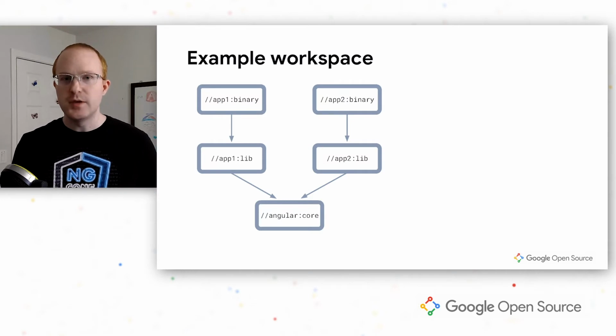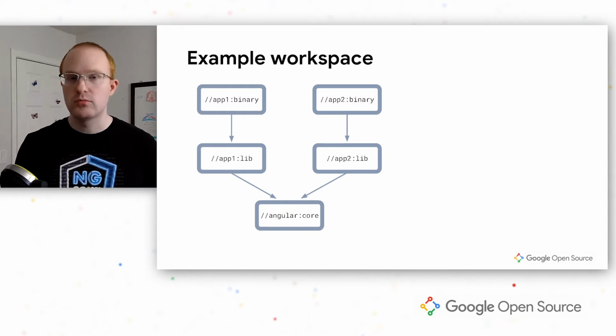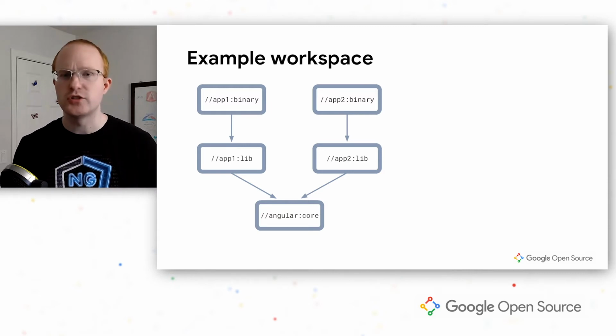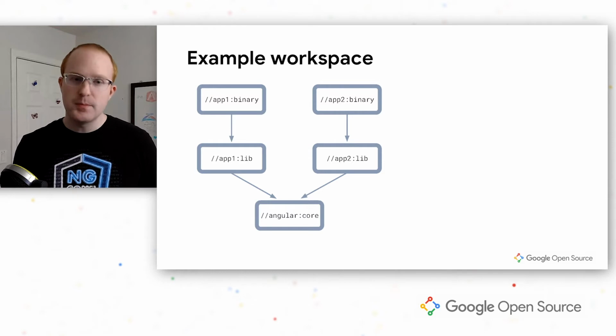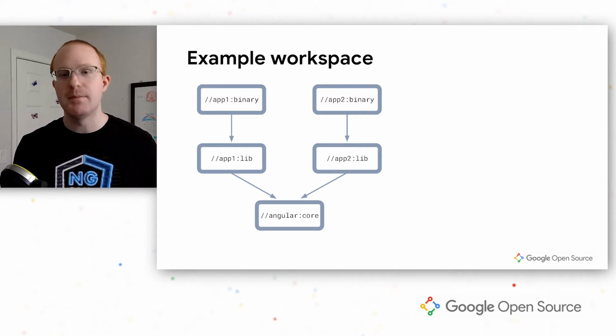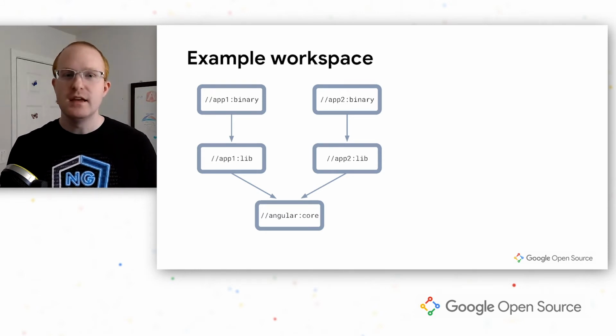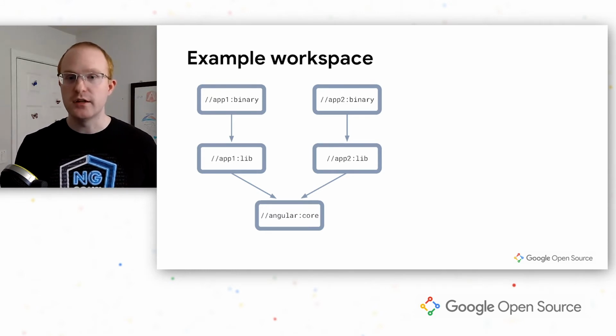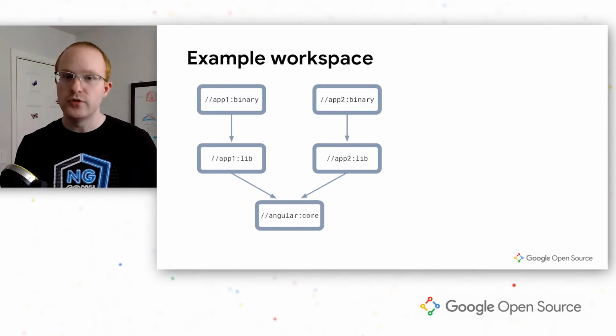Let's say, as an example, we have a workspace with two applications. Each of those have a couple targets, and both of them depend on Angular Core. Core is our standard library core functionality. And for our purposes, everything depends on Core, because if it didn't, then it wouldn't be an Angular app and we wouldn't care to migrate it. So we can just pretend everything depends on Core. Each of these boxes is a different Bazel target, and they're all ng module rules. So each one has its own invocation of the Angular compiler and its own version of the Ivy flag.